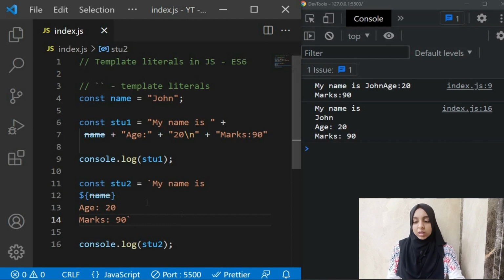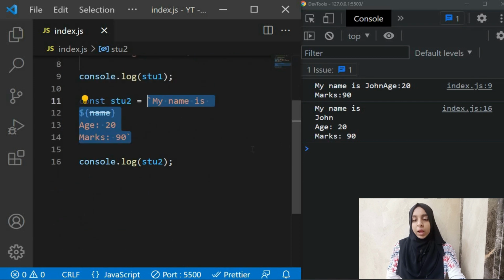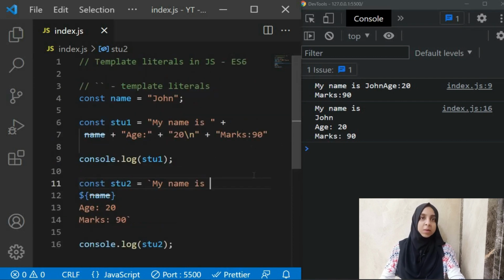When I first started, I thought that this syntax was really not simple, but when I discovered that this is how it actually works, then it was a surprise for me, and yeah, it really helps a lot in making your code look more cleaner, and you no more have to use those escape characters to go to the next line, okay? So yeah, that's it for today. I hope you guys got something out of this video, and template literals are very simple. You just need to practice them 1 or 2 times and you'll be good to go, right?